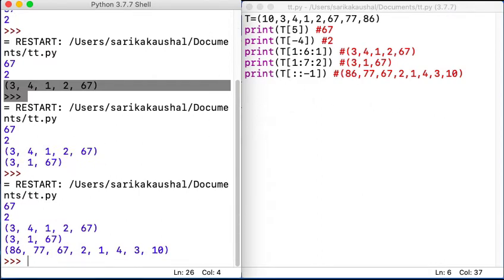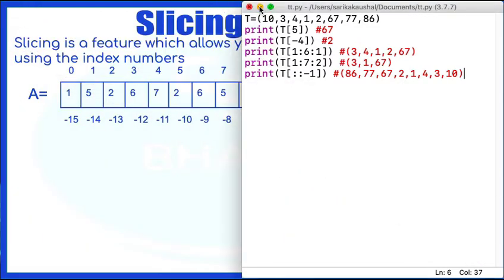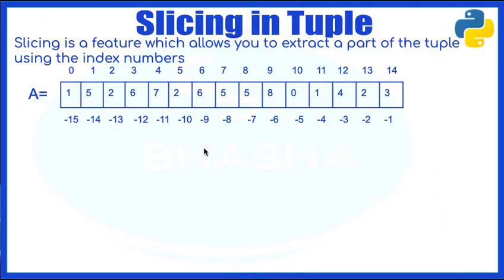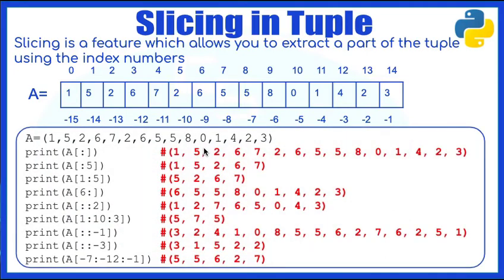So let's see a few examples. If you've understood these examples, we're going to quickly see some similar ones. If we have a tuple like this, if I'm just putting a colon, that means I want to extract all the elements, so all the elements are printed. When I'm saying colon 5, always remember that the starting index is by default 0. So 0 to less than 5, which means 0 to 4.